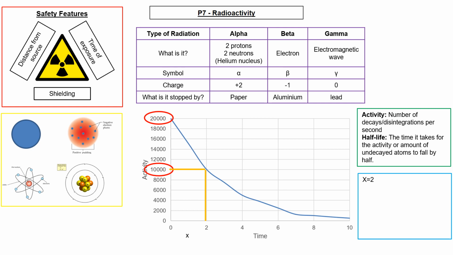So after we've drawn those lines there, we then need to pick some other numbers that are actually useful. So let's pick 16,000. So we go from 16,000, and half of that is 8,000. So back to 16,000, we draw across, we draw down to the x-axis, and we do the same for 8,000 and down again. And the distance across the x-axis, or the time across the x-axis, is now our next half-life. I'm going to call that y.